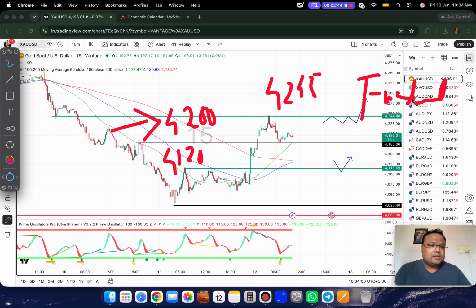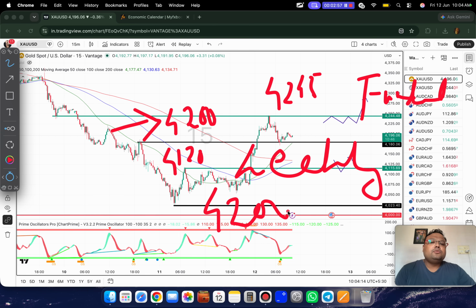If you're looking for an answer, I will say partly yes, because the weekly closing is going to be very important. Why? Listen to me carefully. If the market closes above 4200 or 4250, then we can expect that next week overall the market will be bullish. So everything depends on the weekly closing right now. If the market closes above 4200, 4250 today, then we can expect next week the market will be bullish and we